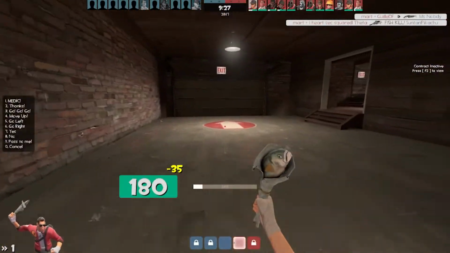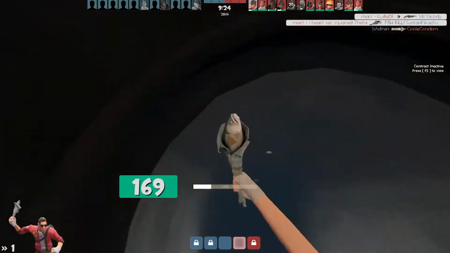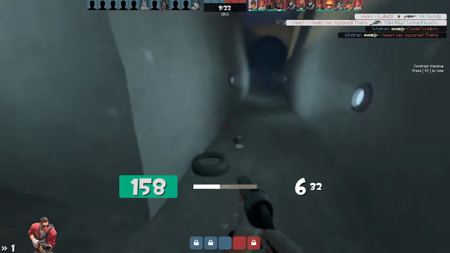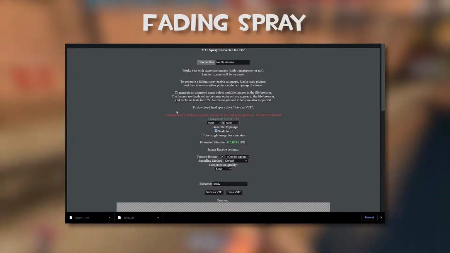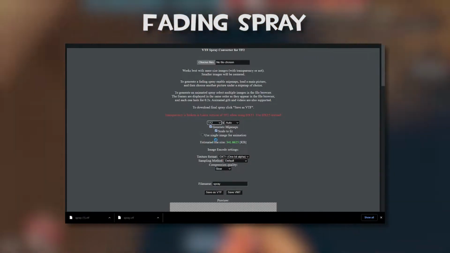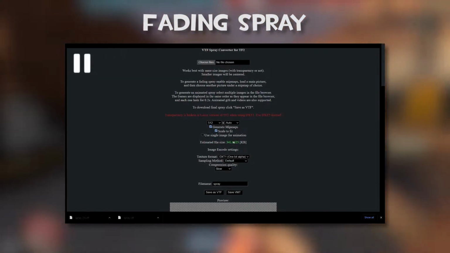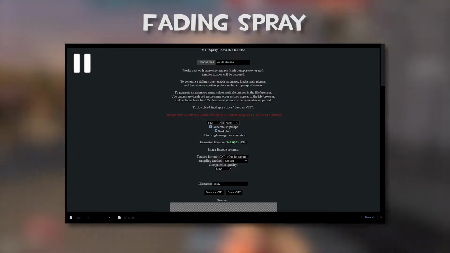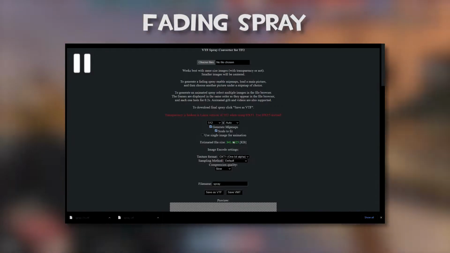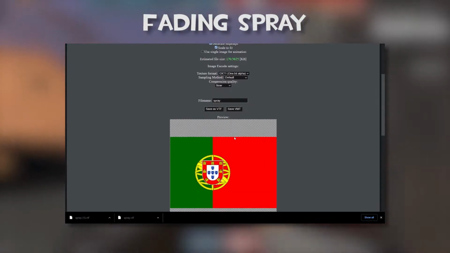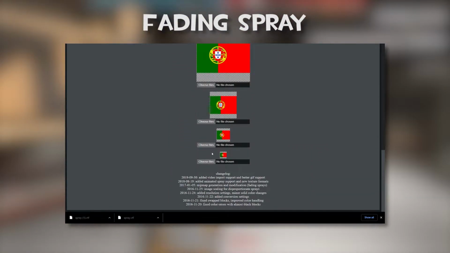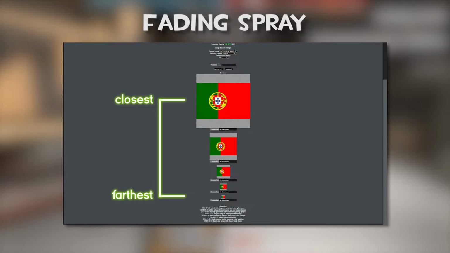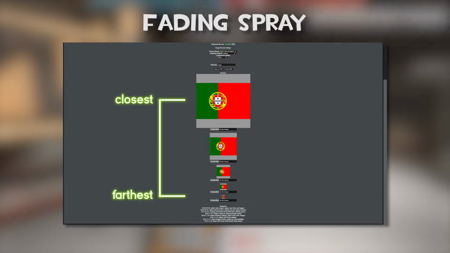The procedure to make a fading spray is a bit different. You can have a maximum of 5 images, but we'll just use 2. First, select the image you want to be seen when you're close to the spray. Now, set its resolution to 512 by 512 pixels. This is because we need to generate MIP maps, and they only support images up to 512 by 512 pixels. The moment you change the resolution, the Generate MIP Maps checkbox will be checked, and 4 new previews will show up. These go from close to far, so the first image will be what we see when we're close, and the last one will be what we see when we're far away.